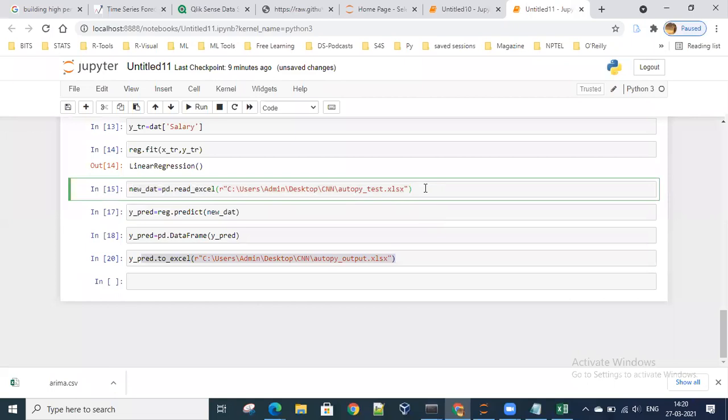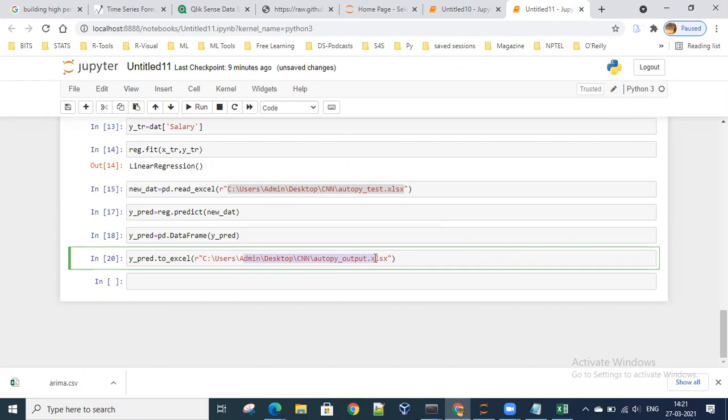So now, once I make the executable of it, whenever the user puts the file here with the autopy test name, then the prediction will automatically come to autopy output. I'll show you how. So did you get it? I've made a simple model and specified the paths from where it is taking an input file, from where it is taking a test file, and where it is showing the output.